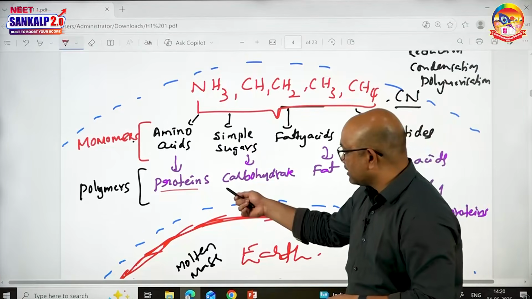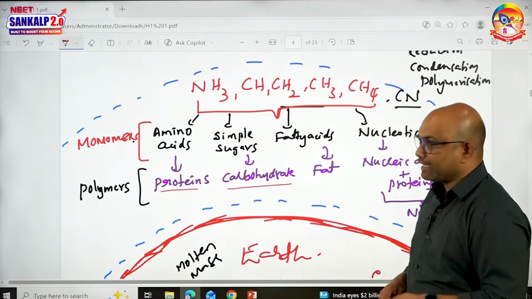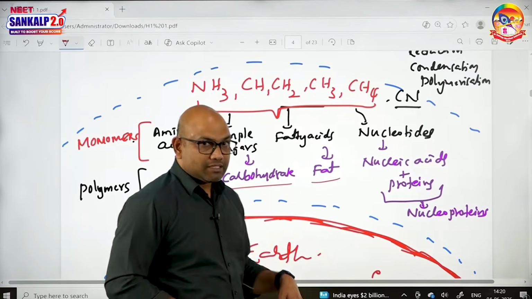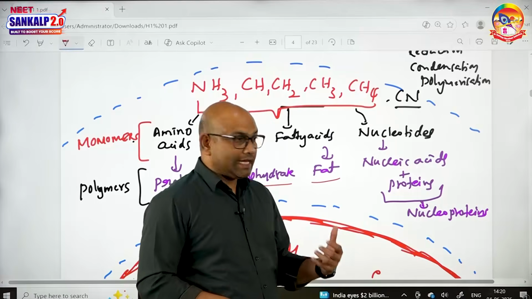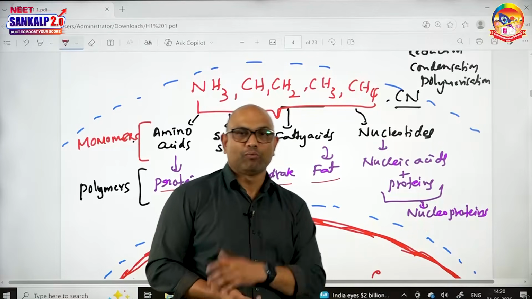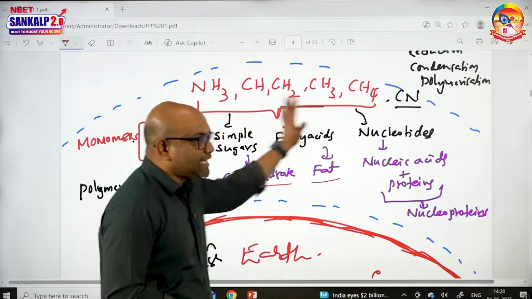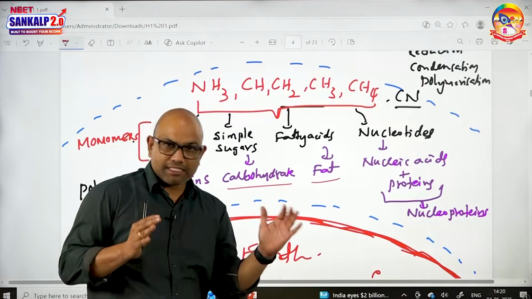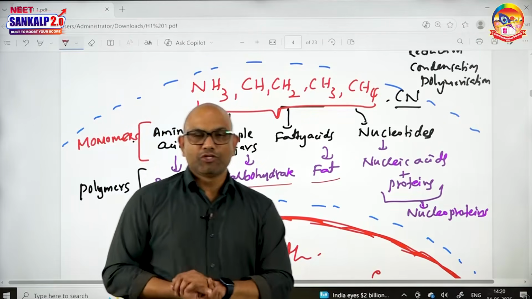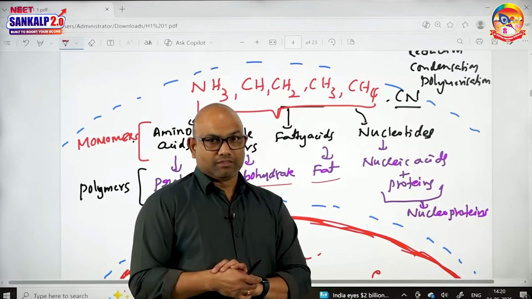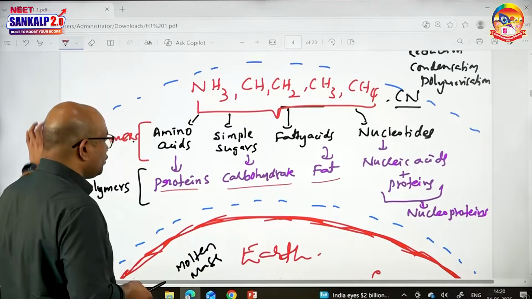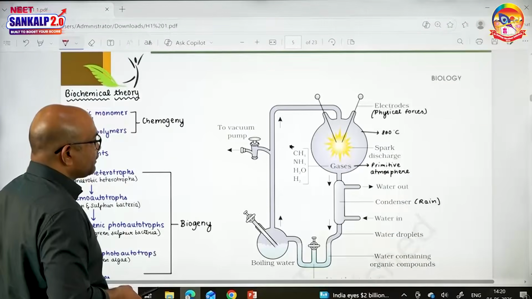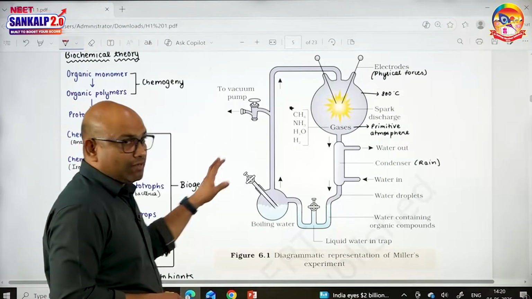Next, simple sugars finally formed carbohydrates like polysaccharides. Fatty acids formed fats. Nucleotides slowly formed nucleic acids, which along with some proteins finally formed nucleoproteins. So, this is chemogeny, the formation of chemicals. This is the first half of the theory of evolution by Haldane and Oparin synthesis. Chemogeny is followed by biogeny, but before going to biogeny, let me tell you that this chemogeny was experimentally